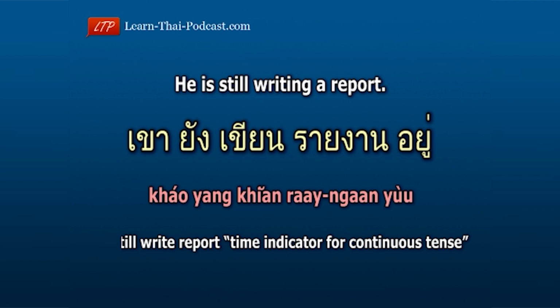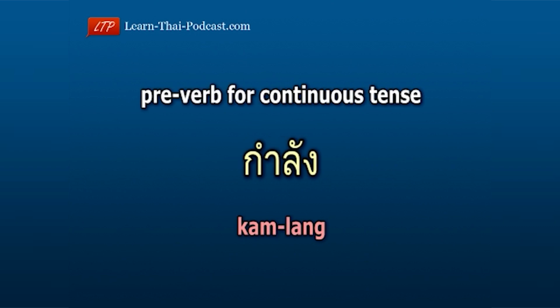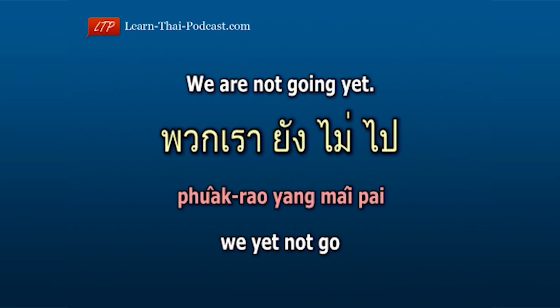When you talk about an ongoing action with the word ยัง which means yet, then both the word กำลัง and the word อยู่ are omitted. Here's an example. We are not going yet. พวกเรายังไม่ไป. We พวกเรา, yet ยัง, not ไม่, go ไป. We yet not go. พวกเรายังไม่ไป